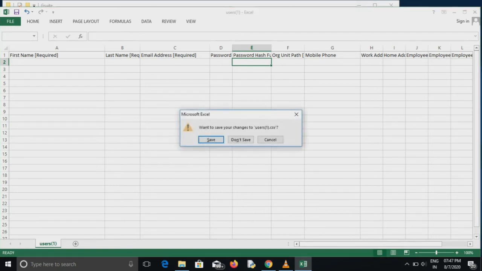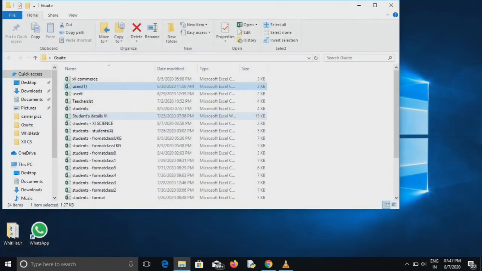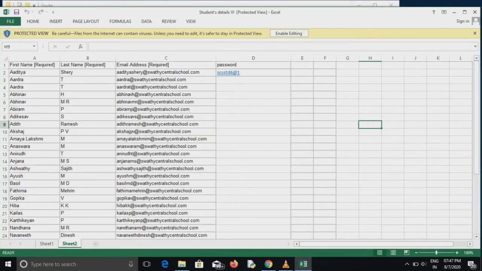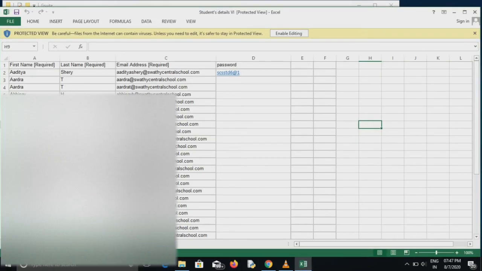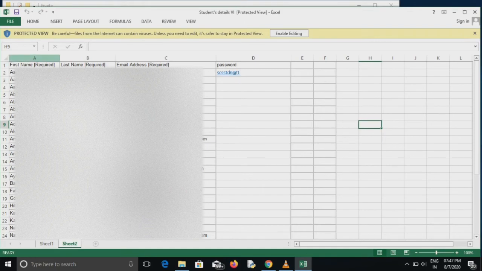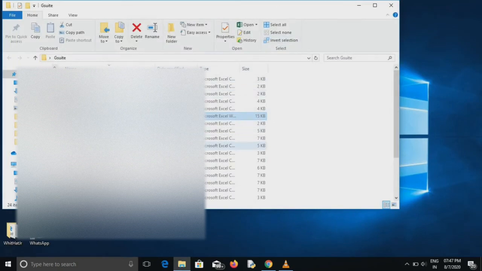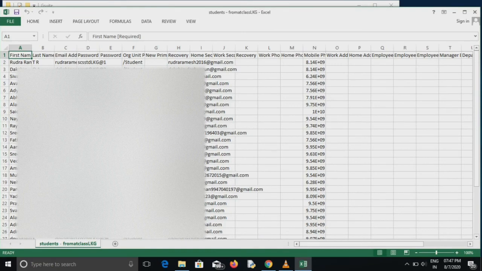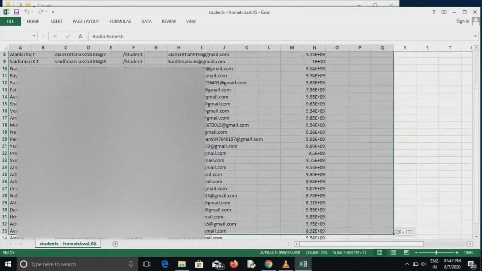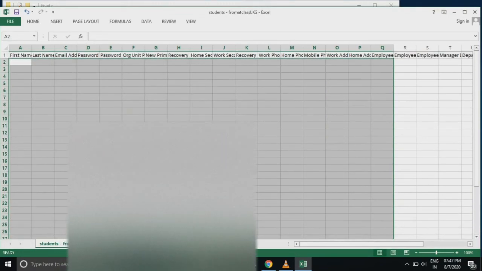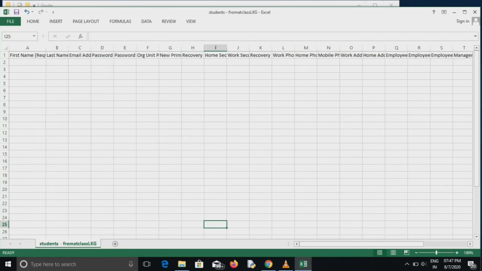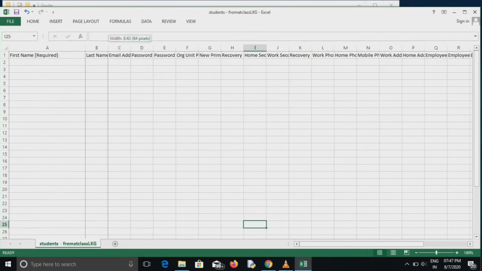If it is trial.com, in that way you can add the email ID, phone number and recovery email address. All those things you have to do. Like this you can fill in all the details. Password also you can give, and after that you have to save. While saving the Excel file, don't forget to save in CSV format. That is very, very important. You have to save your Excel file in CSV format, then only our file will be uploaded.